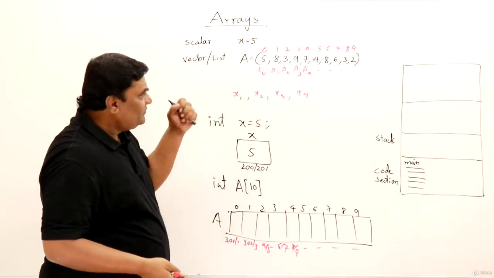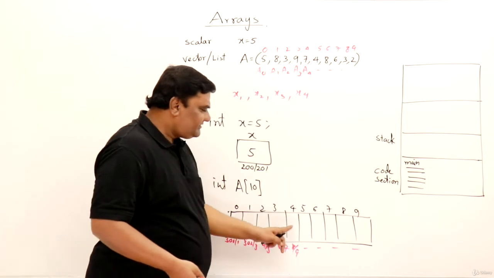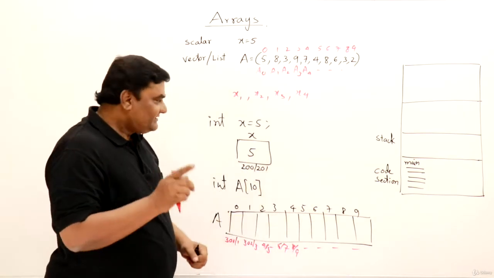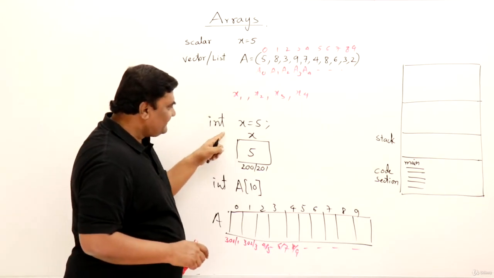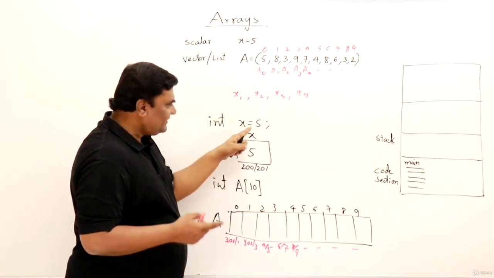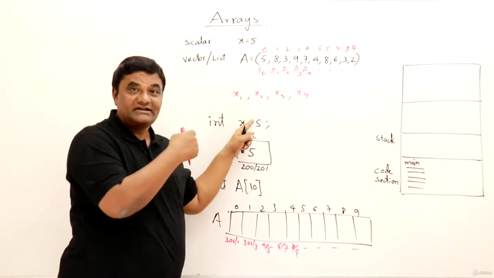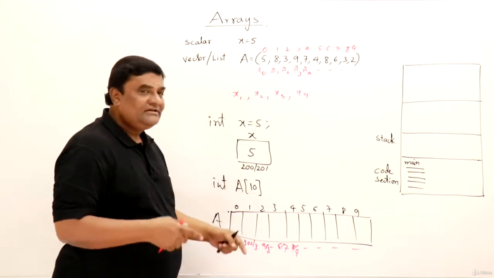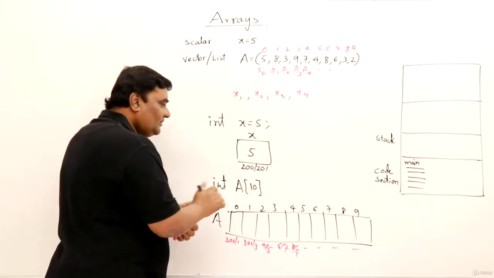Now I want to store those elements. Yes, you can store all those elements one by one in all these locations. Now how to store them? Let us see. Suppose here in X, when I want to create X and I want to assign 5, that time only I have initialized. We are familiar with initialization. Now can I initialize this one? Yes, we can initialize this also.